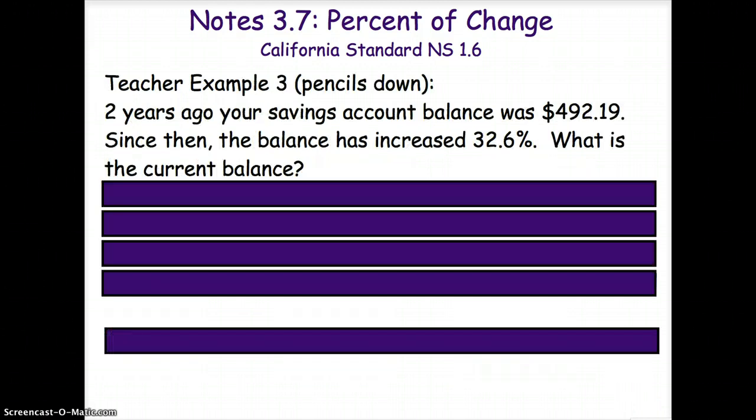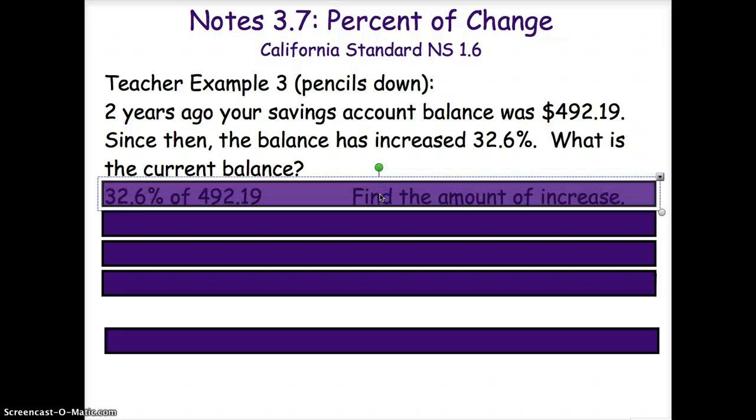Okay, let's take a look at teacher example 3. 2 years ago, your savings account balance was $492.19. Since then, the balance has increased 32 and 6/10%. What is the current balance? So be careful. This is a little different. Now we don't have the original and the new amount. So we don't need to use our NOO formula. We actually can't. What we need to do is find out what 32 and 6/10% of